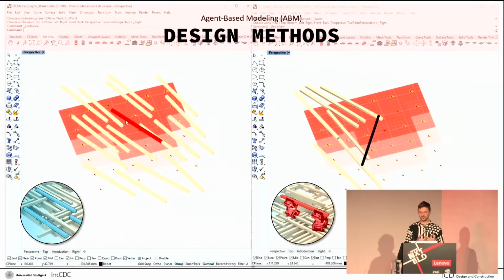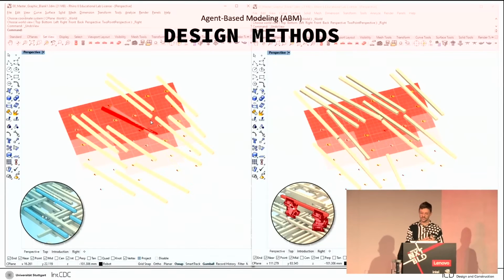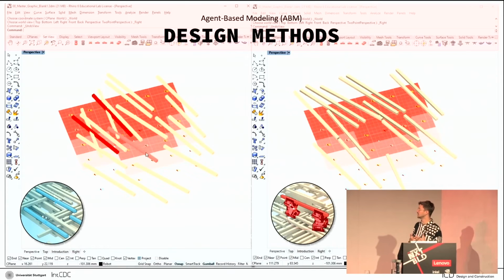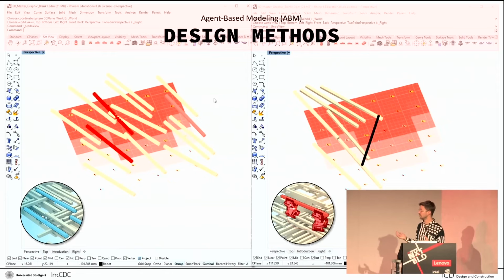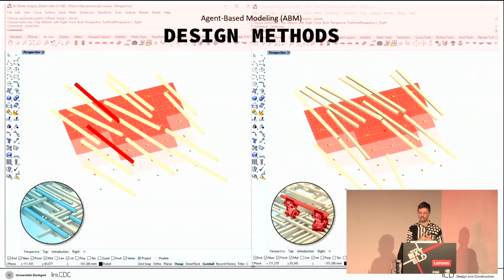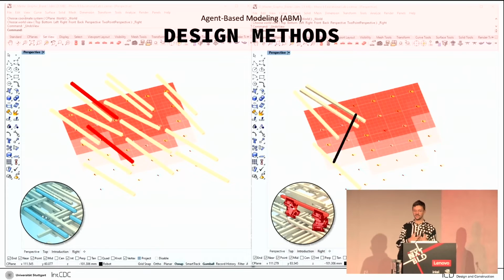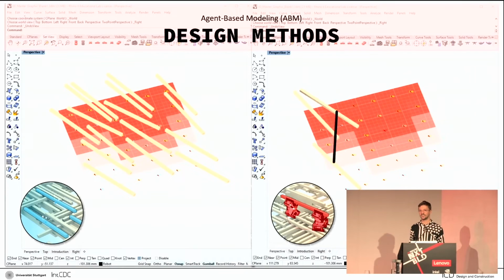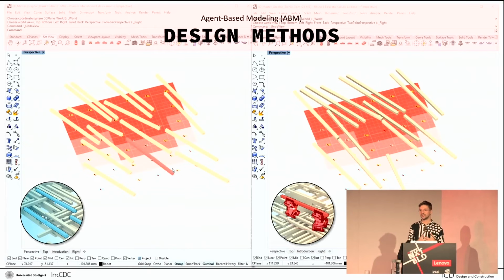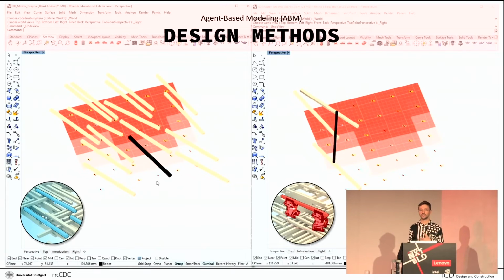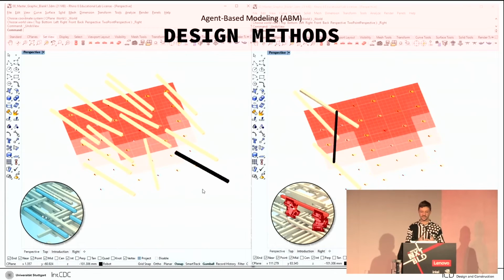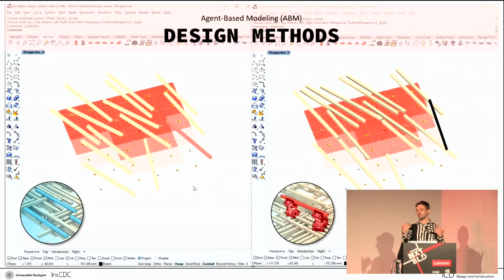And because both of those approaches are actually viable and interesting, I've been systematically investigating both. On the left, you see a model in which the agent represents building material, and on the right, an abstraction of the kinematic chain. This investigation has led to questions of how much a designer really needs to be involved in the process, how much control the robots should have, and how do you express design intent as a designer to the robots,